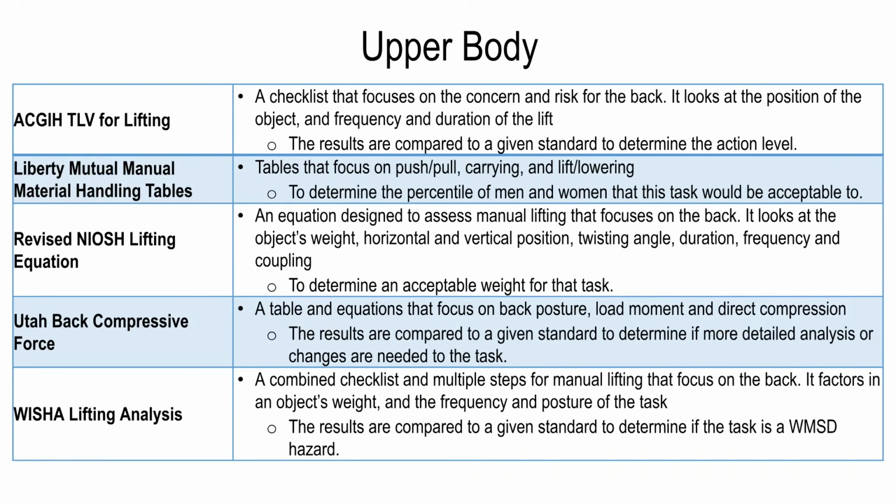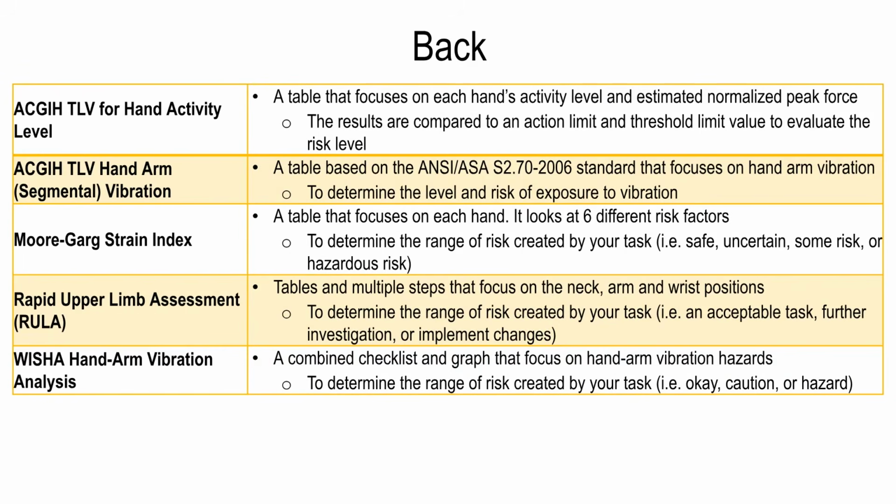For the upper body, specific tools address concerns for the back, including the ACG-IHT-LV for lifting, Liberty Mutual Manual Material Handling tables, and the revised NIOSH lifting equation. These tools determine acceptable loads and required actions. Additional tools focus on the back and hand-arm region, such as the ACG-IHT-LV for hand activity level and the Moore-Garg Strain Index. The Rapid Upper Limb Assessment and WISHA hand-arm vibration analysis focus on neck, arm, and wrist positions, as